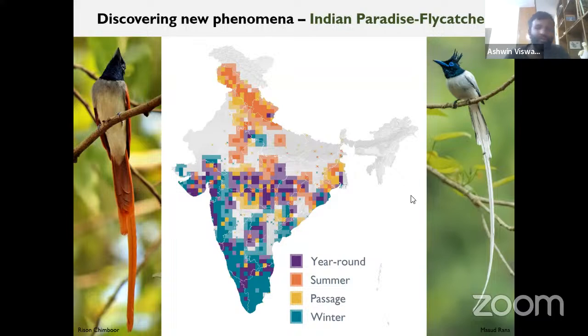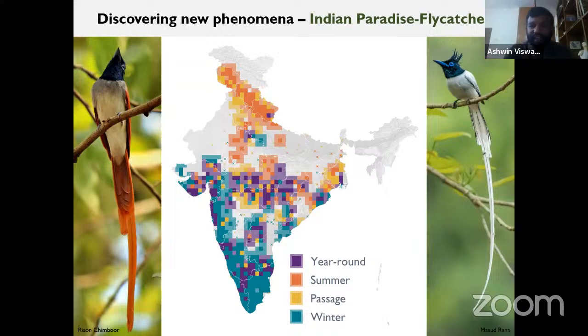Now, when is a paradise flycatcher rufous? When is it white? Some people say that young birds are rufous. Some people say that there is no relationship with age. What is the answer? So far it is not known with certainty. Somebody said rufous morph is younger. Now, the reason that people don't entirely believe the age theory is that in some parts of the south, in some parts of Sri Lanka, nobody has actually seen a breeding white morph. So that led us to do an exploration to see in the different months of the year, what is the morph of the males in different parts of the country.